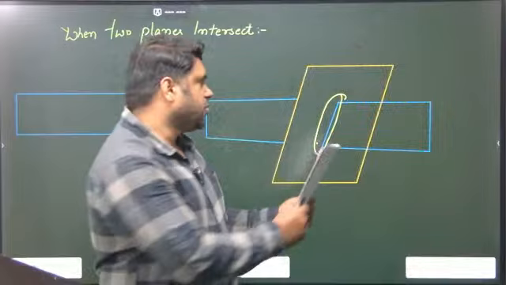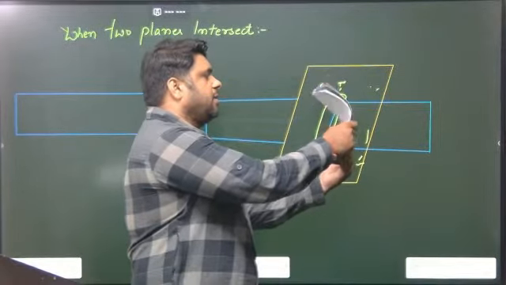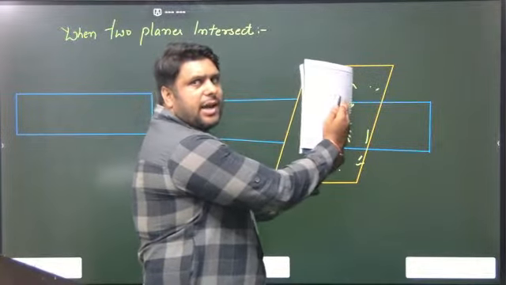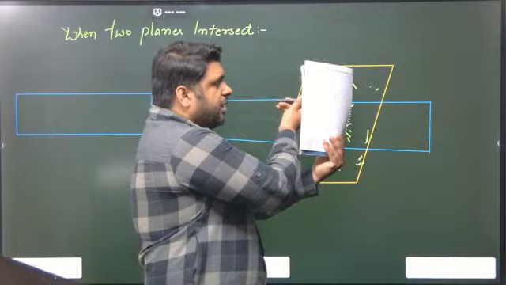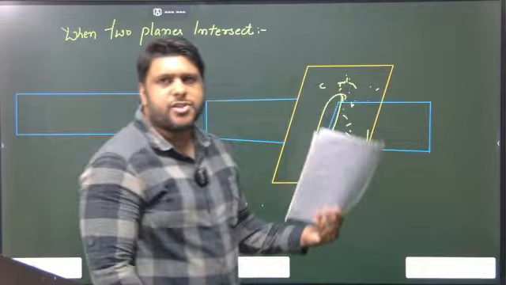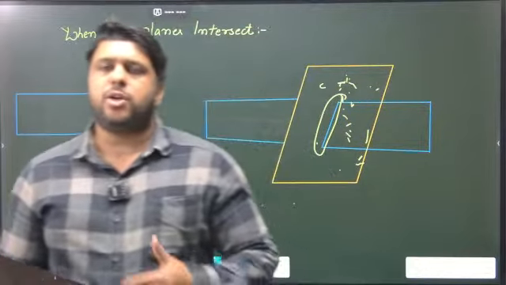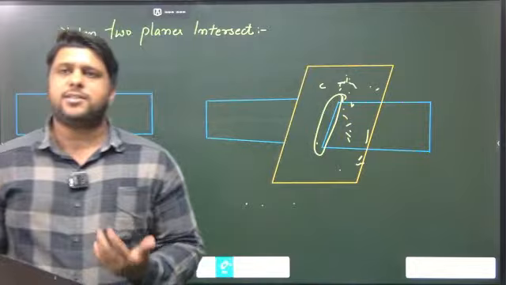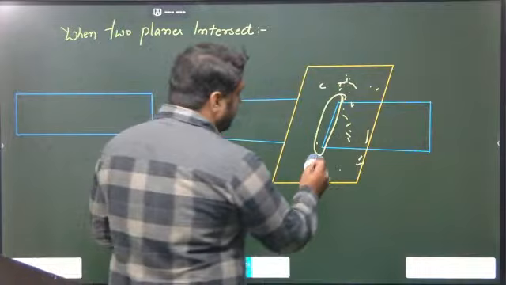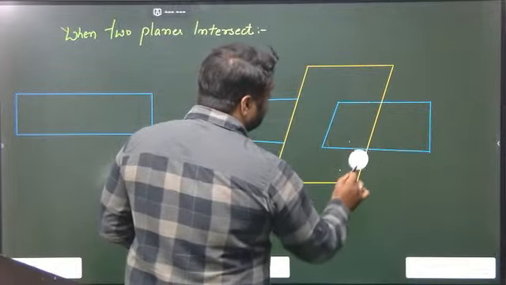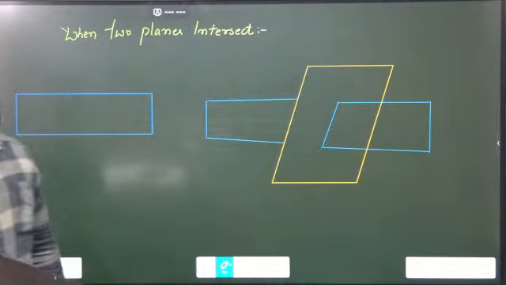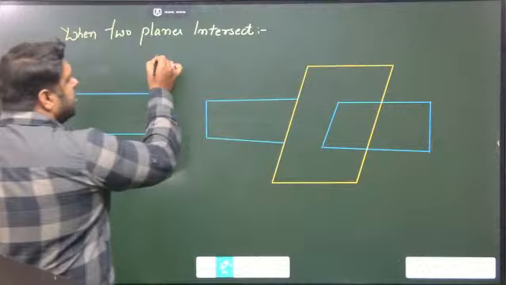So if I am having this structure like this, and one plane is passing like this, I am drawing it like this, keeping it slightly inclined. Some portion of the pen is visible in this direction and some portion will be visible in that direction. So this is the visualization part which you need to understand, that is how we are drawing things, because if you are able to understand this drawing part, then the things will become easier for you to understand. So from here we have concluded that when two planes intersect, they form